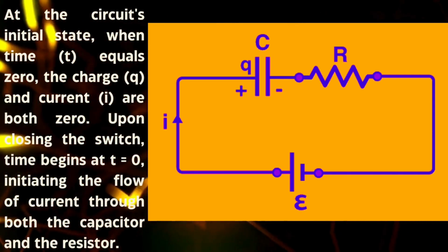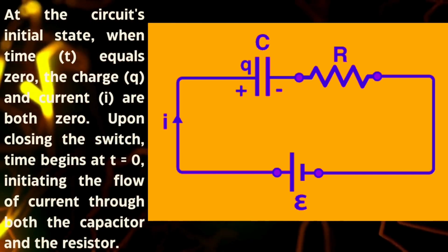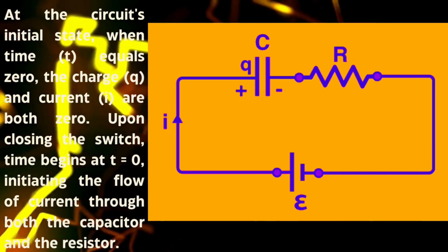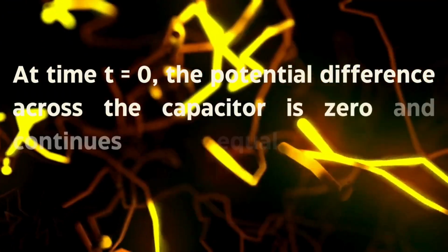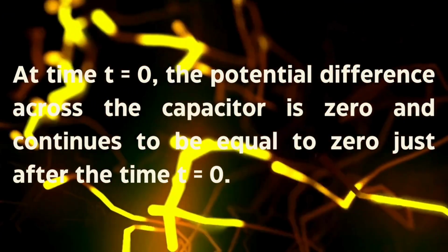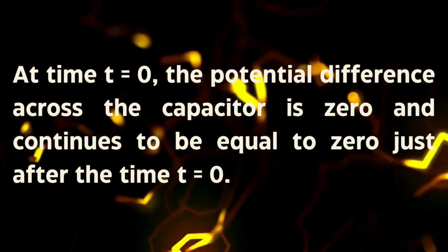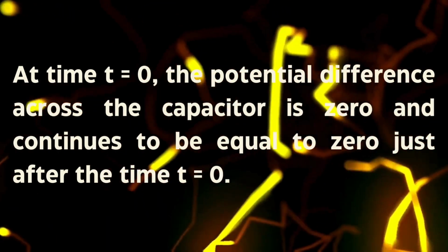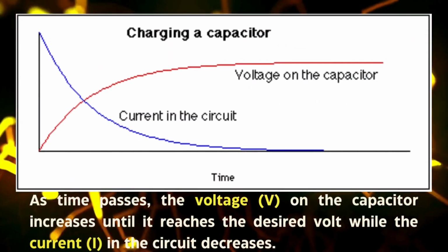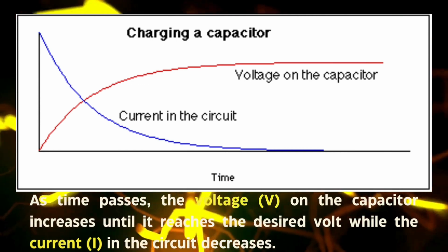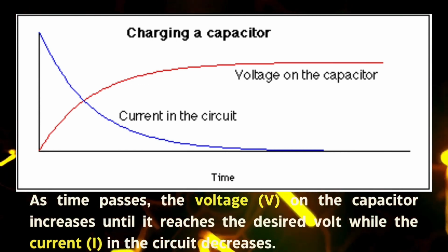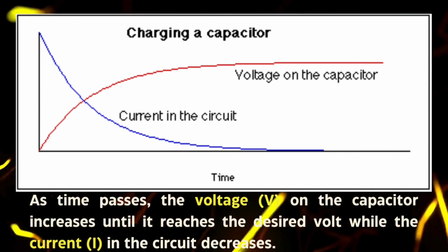Upon closing the switch, time begins at t equals 0, initiating the flow of current through both the capacitor and the resistor. At time t equals 0, the potential difference across the capacitor is 0 and continues to be 0 just after t equals 0. As time passes, the voltage on the capacitor increases until it reaches the desired voltage, while the current in the